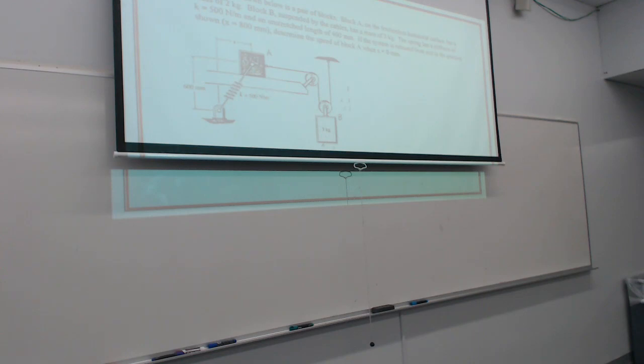So block B, suspended by the cables, has a mass of 3 kilograms. The spring has a stiffness of 500 newtons per meter and an unstretched length of 400 millimeters. If the system is released from rest in the position shown, that is, x is equal to 800 millimeters, determine the speed of block A when x is equal to 0